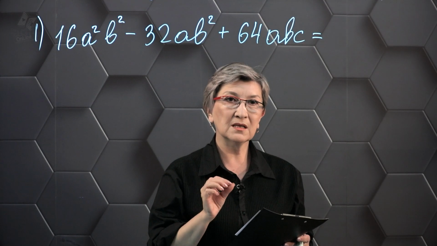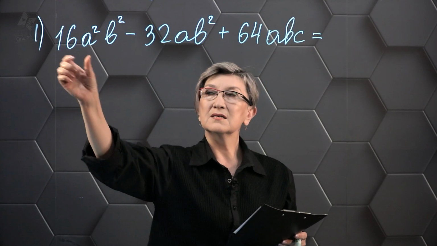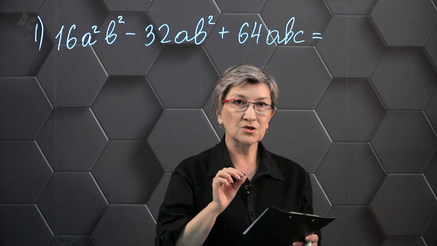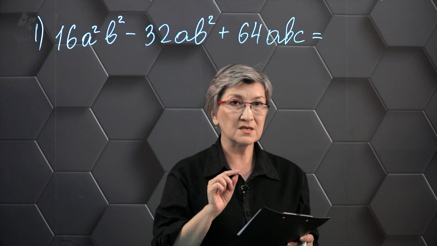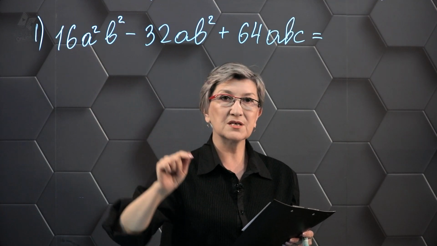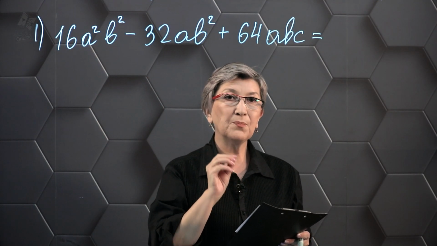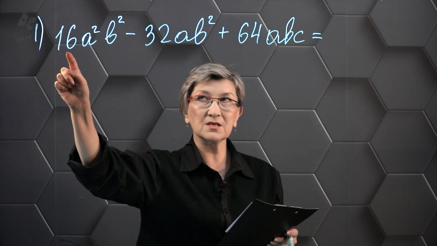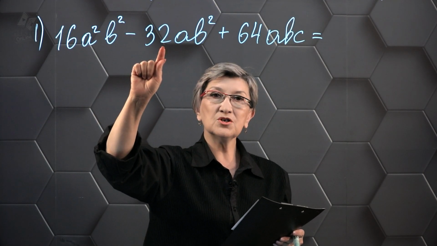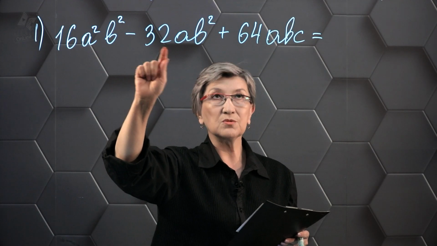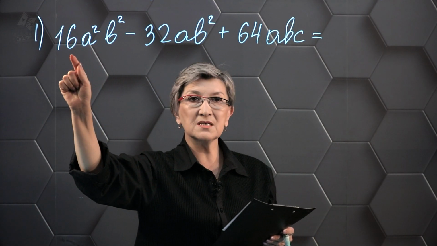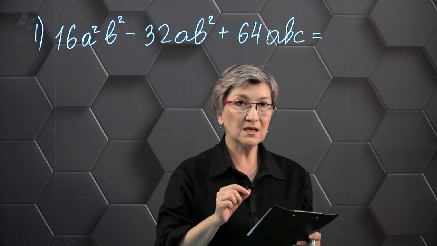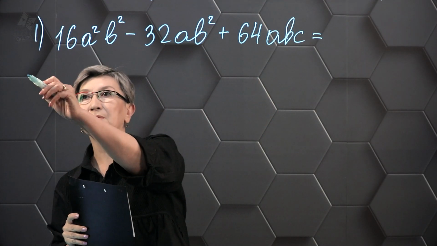To avoid mistakes, first, remember the following rule. Choose the smallest number or the smallest coefficient. In our case, it is a factor of 16. And try dividing the other coefficients by the number 16. 32, we can divide by 16, yes we can. 64, we can divide by 16, yes we can. If we can do this, then we will base our work on the factor